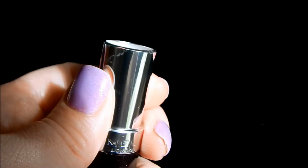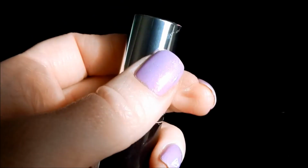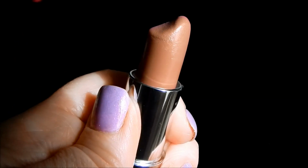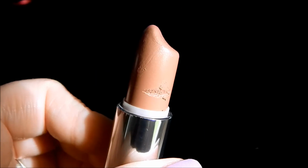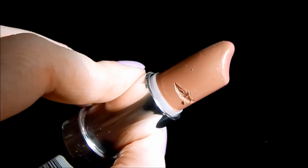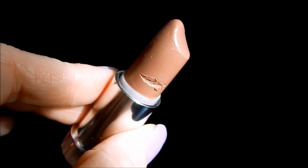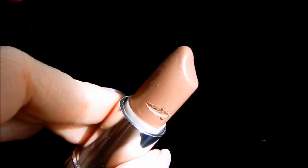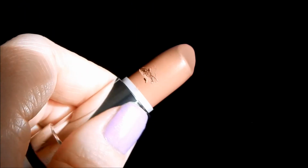Now, the lipsticks that I'm going to replace the two that I use up are going to be these two. This is Airy by Rimmel. I'm going to try and use up this lipstick, which I love. This lipstick is just beautiful. It's got like a gold shimmer and it's just a perfect nude pink color. I will be repurchasing this shade when I run out. And also, I plan on using up,